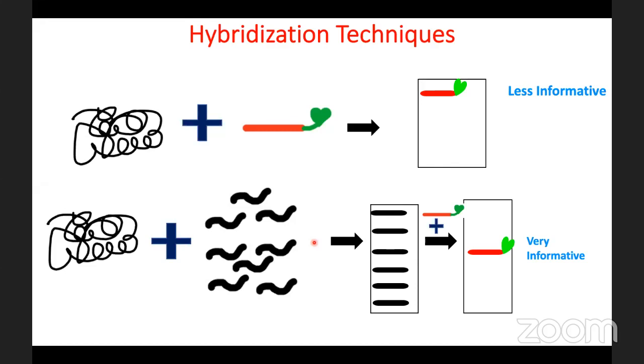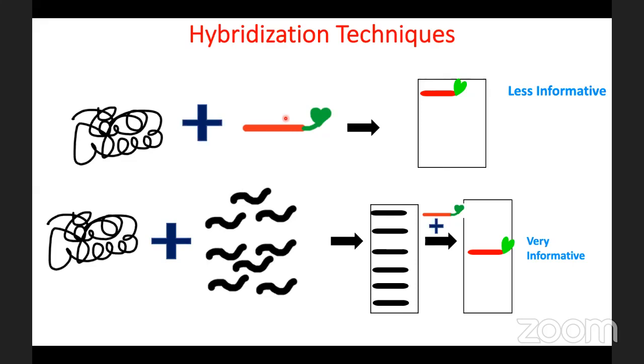So what was done at that time: you can take that piece of DNA and label it with some color. I have shown it here with a heart of green color. So if this piece of DNA is labeled with a green color dye, and this black is basically your human genome, I wanted to see whether this piece of DNA, or at least some similar sequence, is present. See, the genes which are important in your